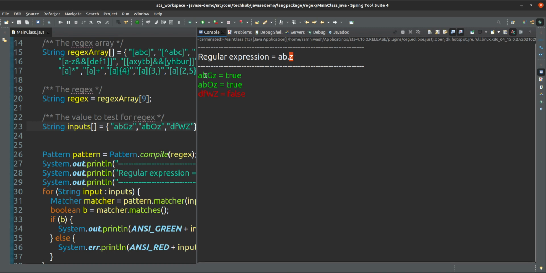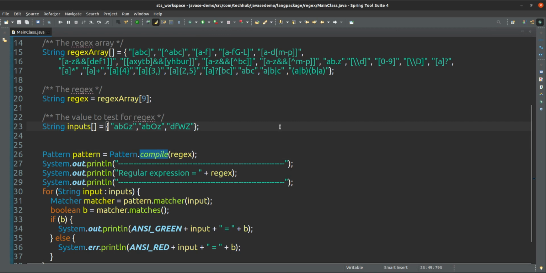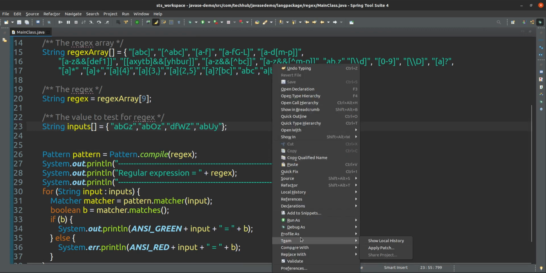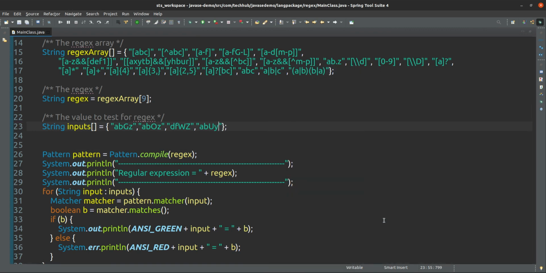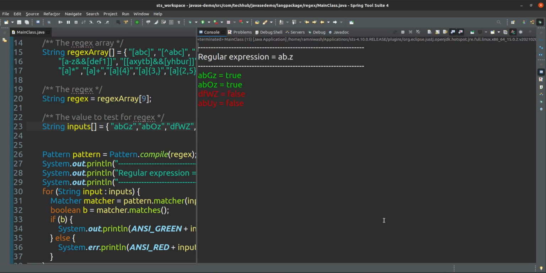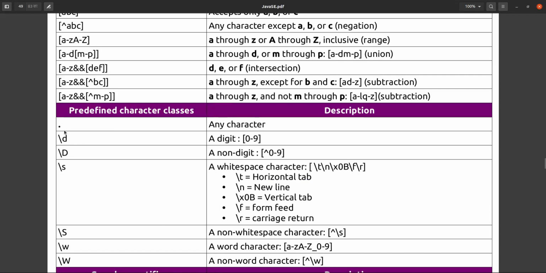So AB G means dot is representing any character, or O is representing any character, Z it should be, but this is not fine because it's not starting with AB. Or if I give here AB U, and I will not give here Z, I will give here Y. So that will not be allowed either, because AB is fine but it's not ending with Z. So that is the meaning of this dot.